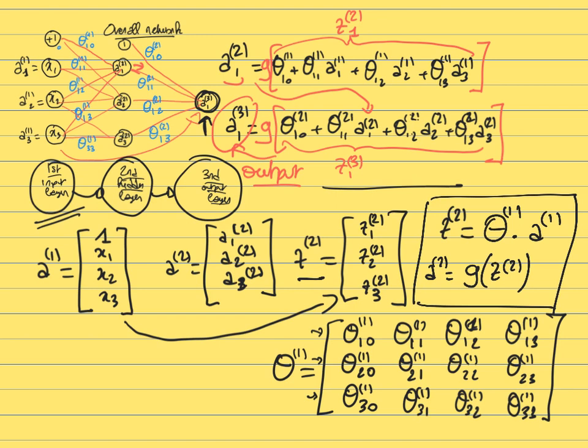So now you can summarize all this information as just two operations like this. First, you do a matrix product between the weights of the model and the values of the neurons from the previous layer, and then you feed that into your activation function, and that gives you the new output that is going to be used as input for the neurons in the next layer.